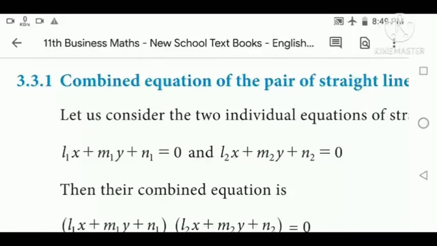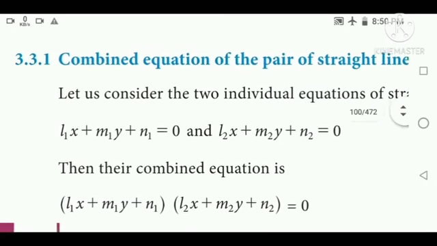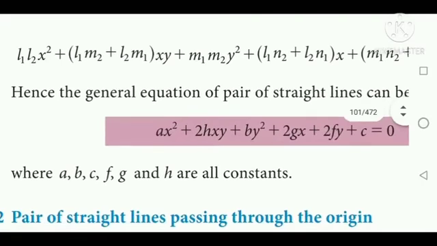Good morning, students. Before going to revise the exercise, we will see the important formulas covered in this exercise. The first one: the combined equation of a pair of straight lines. The general form of the combined equation of a pair of straight lines can be ax square plus 2hxy plus by square plus 2gx plus 2fy plus c equal to 0,